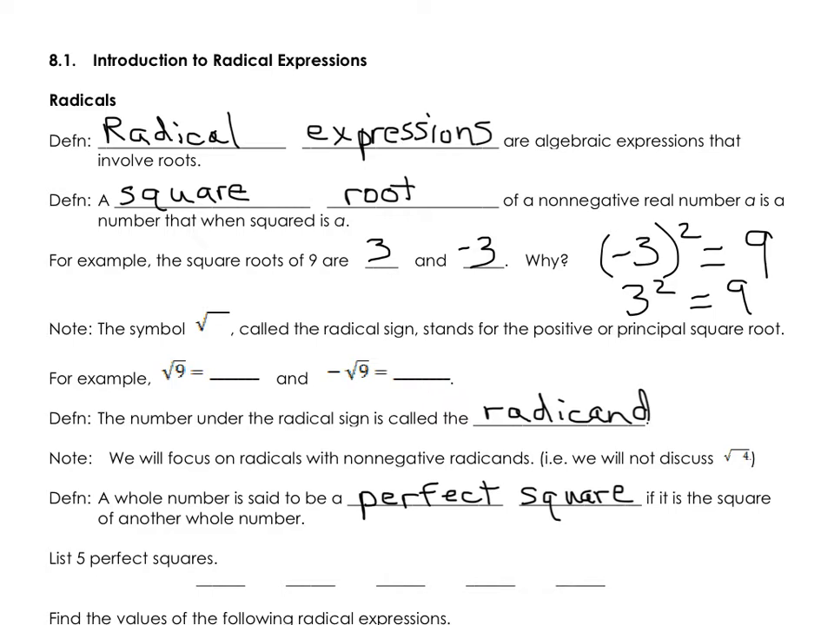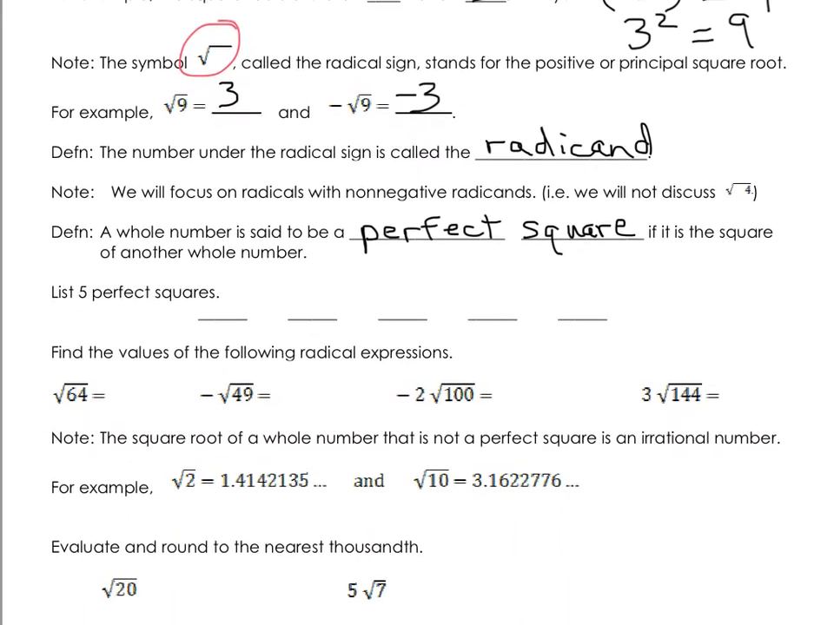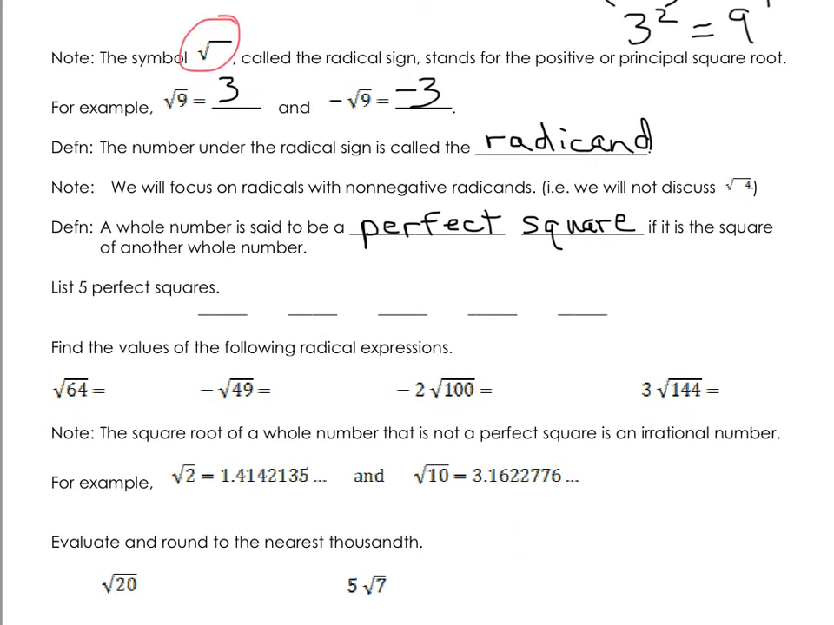The symbol, that symbol, is called the radical sign. It stands for the positive or principal square root. For example, the square root of 9 is 3. Just 3. You won't get the negative one. But if you put a negative in front of that principal square root sign, you can make the answer negative. Then you would have negative 3 as the answer. But you have to put the negative sign out front, because that radical sign says take only the positive square